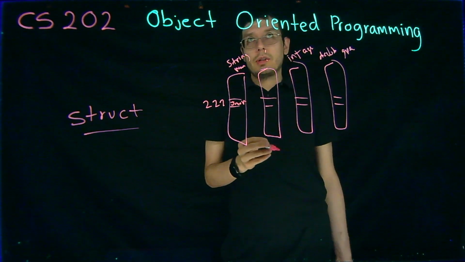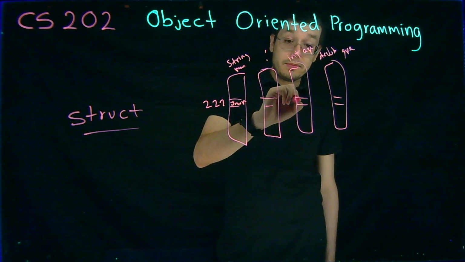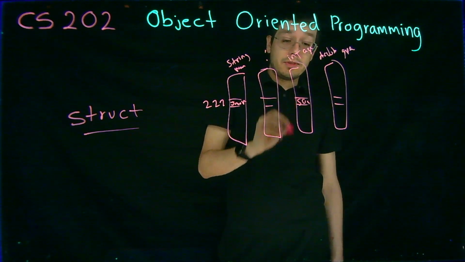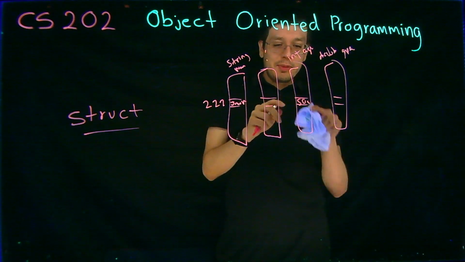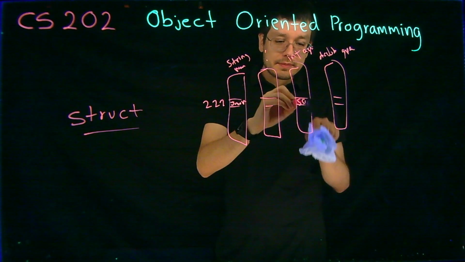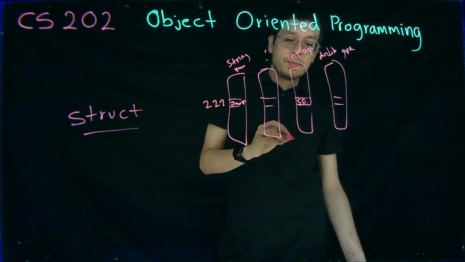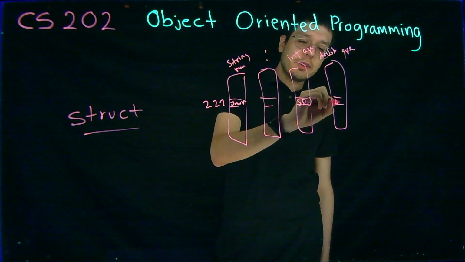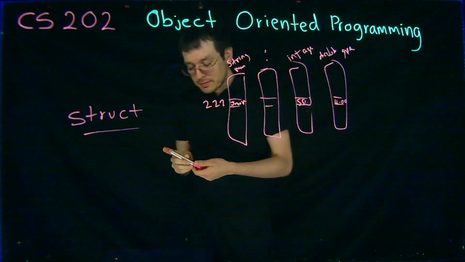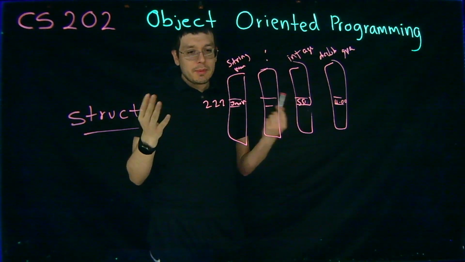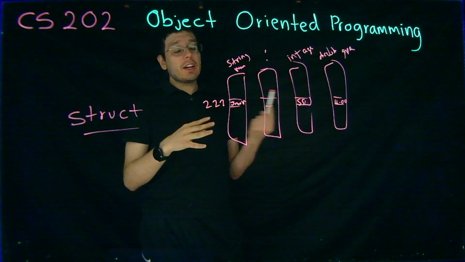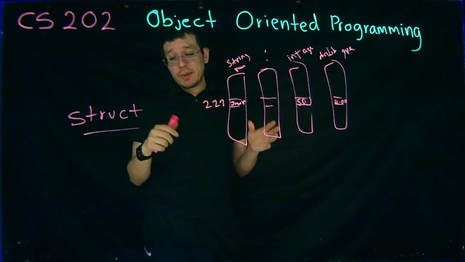Age, how old is John Wick? I don't know, 50s? Let's just say 50. And the GPA, I think he'd be a pretty smart dude, right? So you got John Wick there. I mean, yeah, sure, you can use the index as a way to keep track of things, but